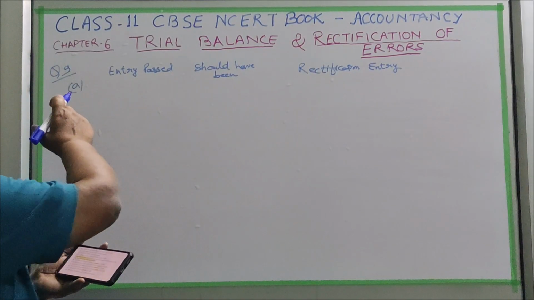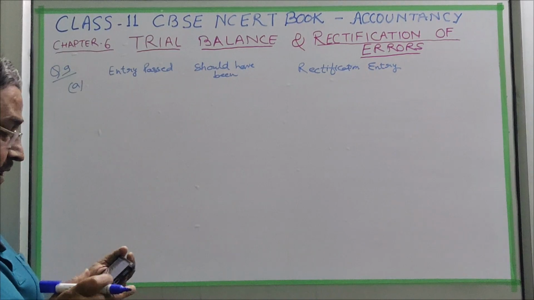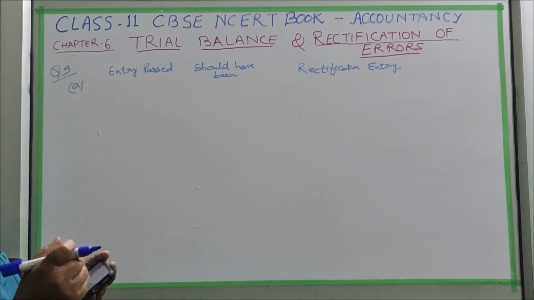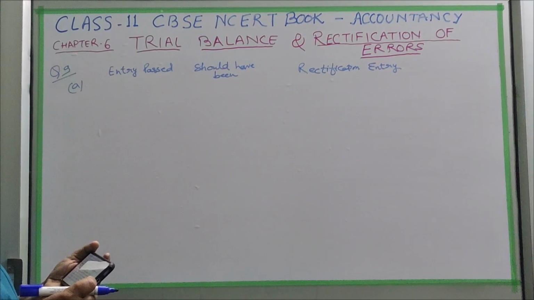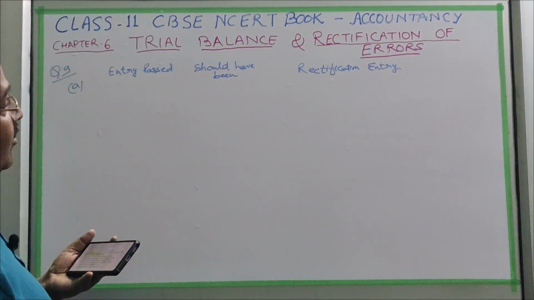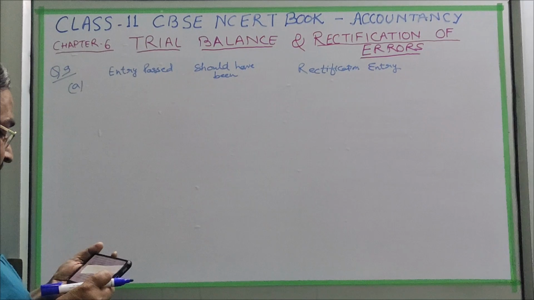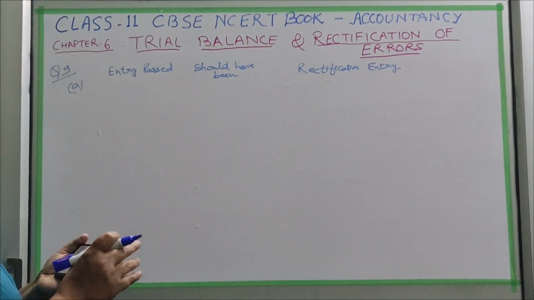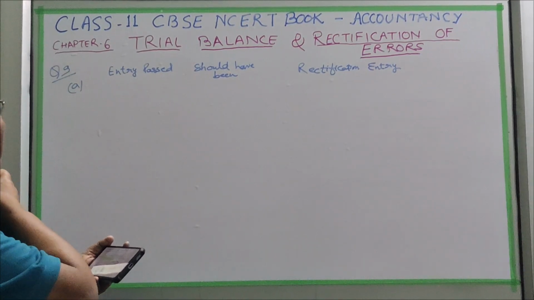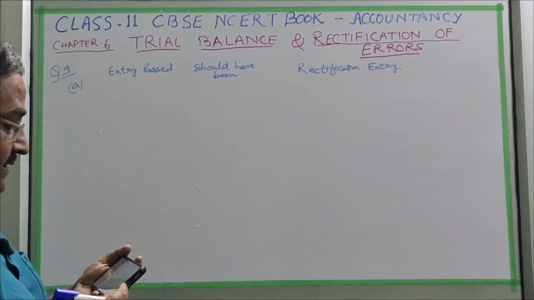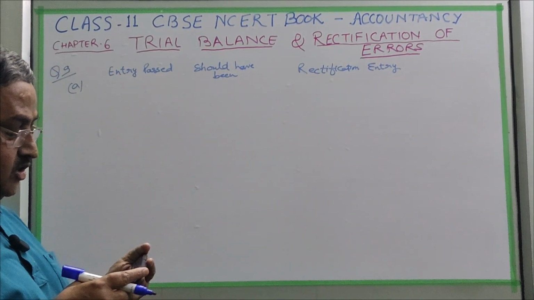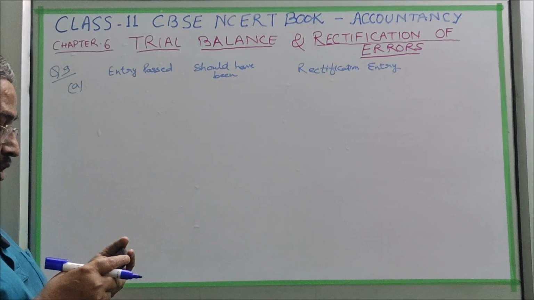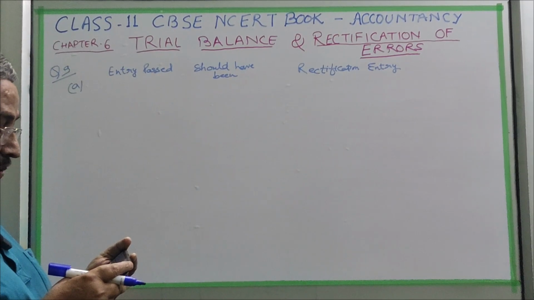Some questions we are skipping so that you can do them yourself and develop your own skill. Now question number 9. From here the suspense account is coming. It means the entry was already made, and the trial balance difference was put to a suspense account. It means only a one-sided error is there. A one-sided error was done. That's why the word posted is also used, and suspense account is also used in the question. So the Mohan account should be created